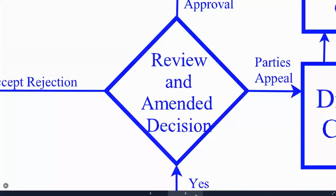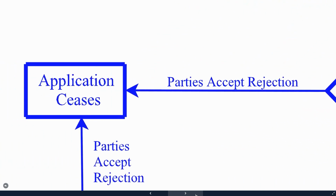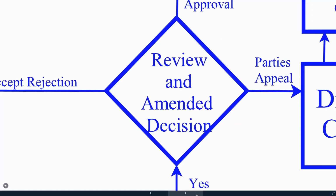If the state engineer does not have reason to believe the application meets the statutory criteria within Utah Code, Title 73, Chapter 3 for approval, the application shall be rejected in an amended order of the state engineer. If the parties accept the rejection, the application ceases. If a party still believes they may be aggrieved by the amended order of the state engineer, as with the